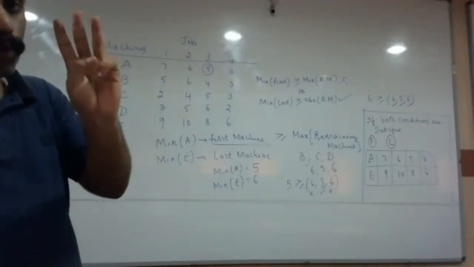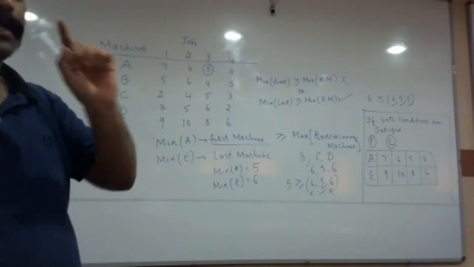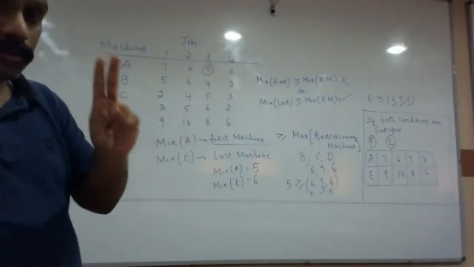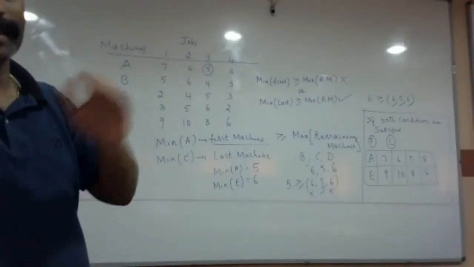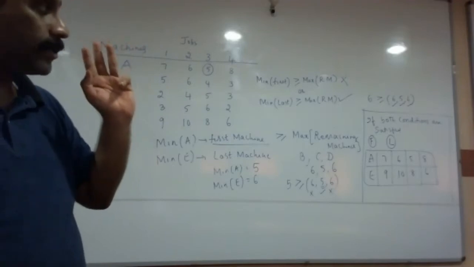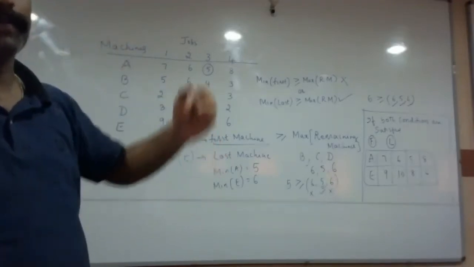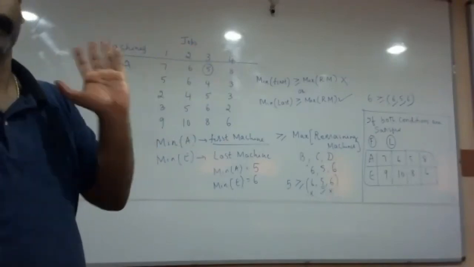Okay, here three possibilities come up. Possibility number one, one of the conditions can be satisfied, like what we have now. Possibility number 2, both the conditions may be satisfied. I think that's an ideal condition. And number 3, if both the conditions are not satisfied, then we can straight away come to the conclusion that the problem does not have a solution.